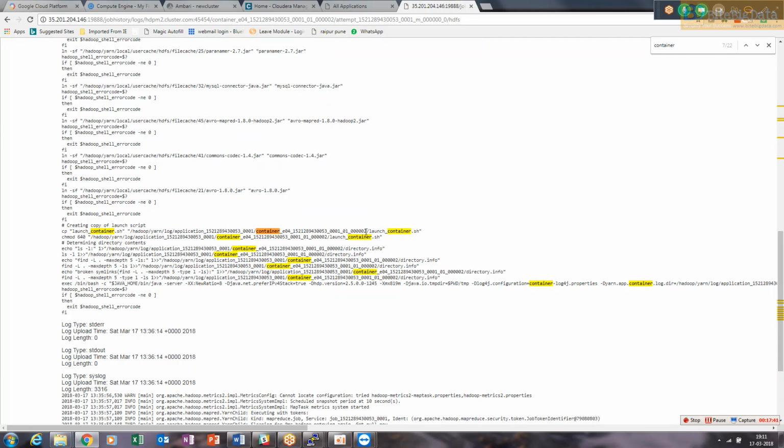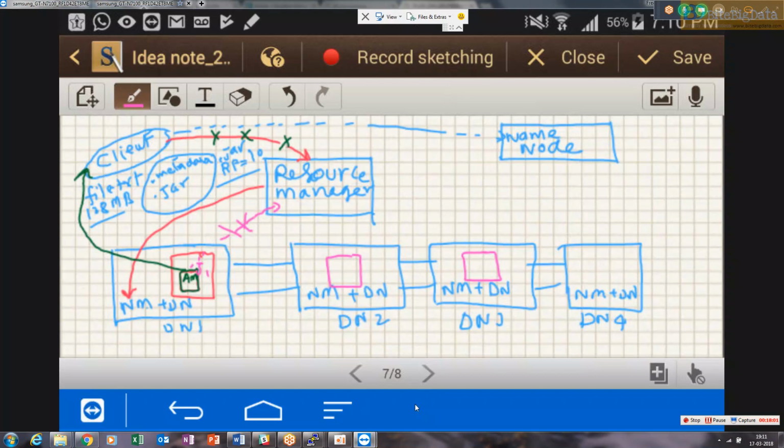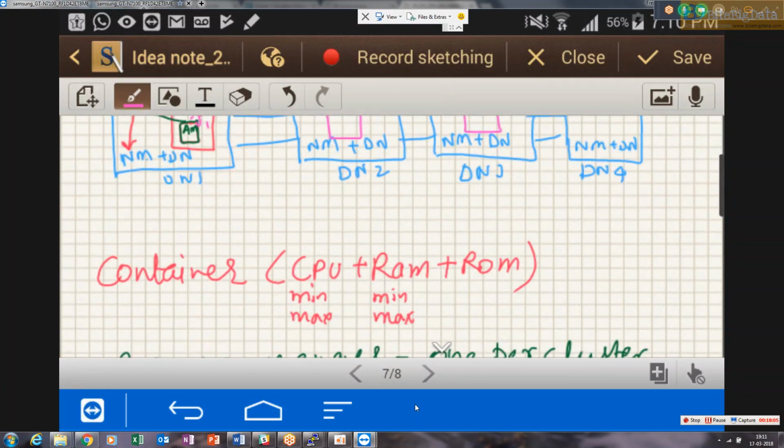So this is the container ID. If you see container E and something, it's very long. So this is the container ID that gets launched, right? And again, when you talk about container, it's again a JVM, Java Virtual Machine. And one good thing here is, when you come down to the container thing, since it is a kind of JVM only,